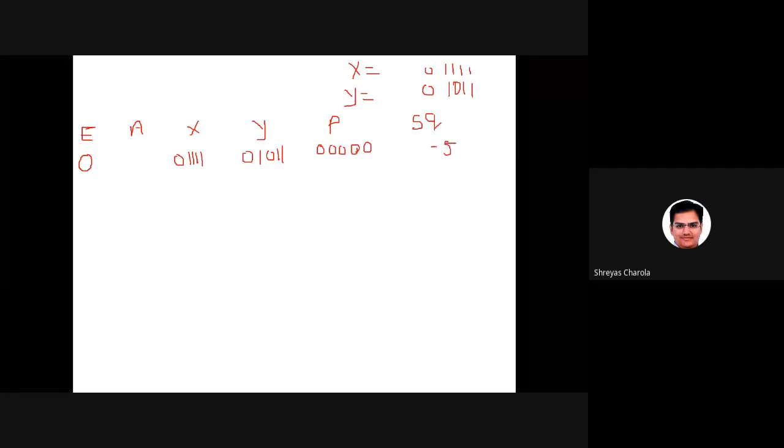Again, I'm asking, why the minus 5? Why not the plus 5? Can anyone give the answer for that? Why the minus 5? In the previous lecture, when we were doing the addition, we had seen that you have a minus 10, not a plus 10. Why?